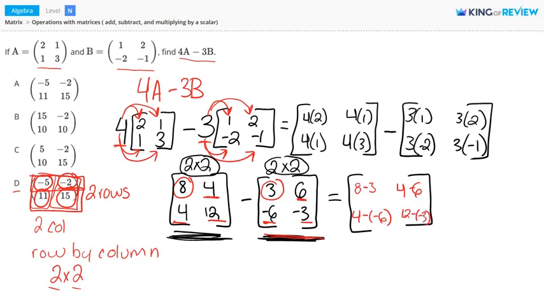So now when we work this math out, we get 8 minus 3, which is 5. 4 minus 6 is negative 2. 4 minus a negative 6 is the same thing as 4 plus 6, so this is 10. And 12 minus a negative 3 is the same thing as 12 plus 3, so this is a 15. And this is our final answer here,